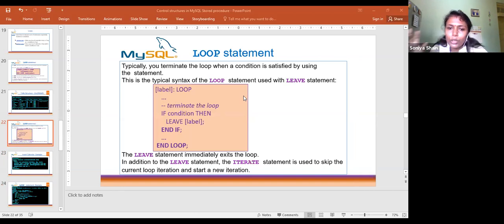You can quit from a loop, just the same as the break statement in C. To exit from the iteration or the loop, we use the leave statement. The only difference in the syntax is that inside the loop, before end loop, you check a condition, and according to the condition you come out.